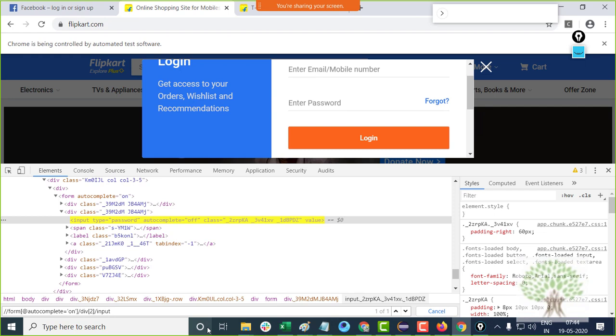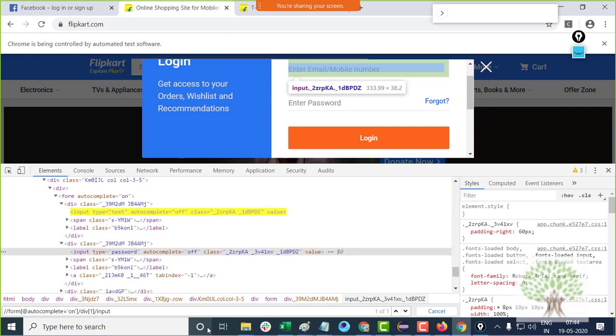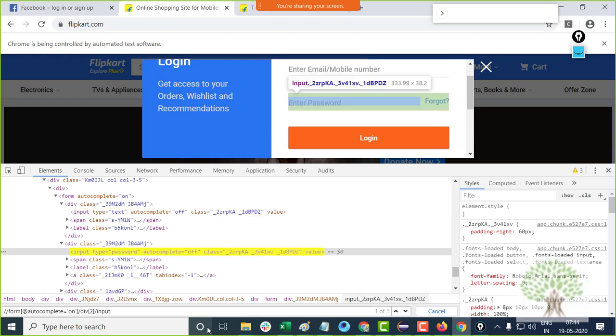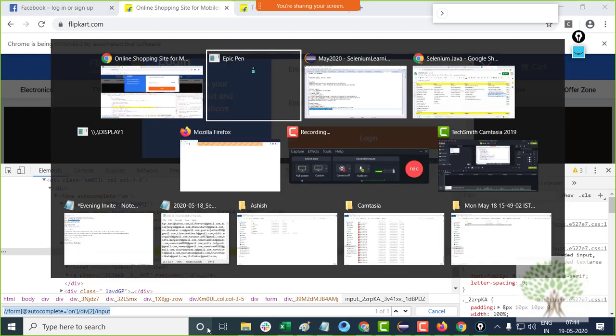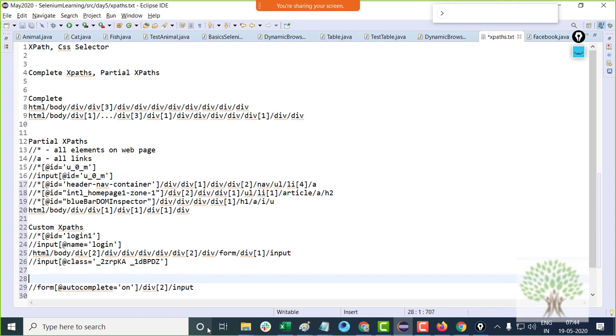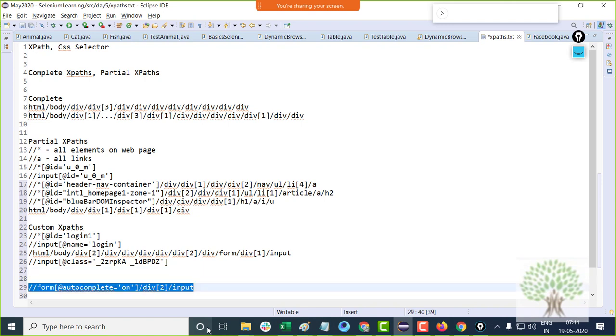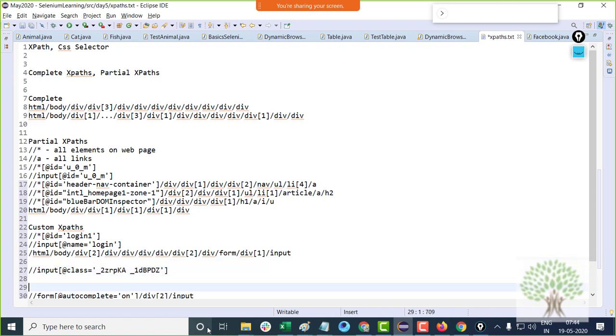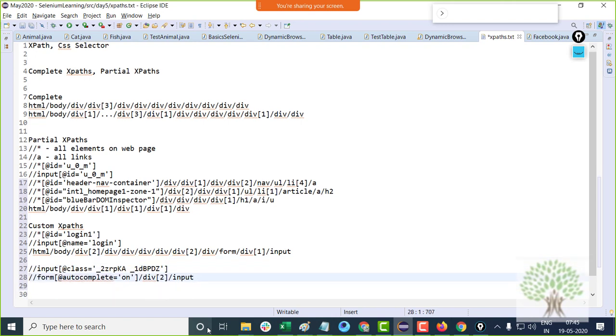So if you write div 1, then you go in the first division, div 2, then you go in the second division which holds the password field. So you can build your XPaths like this as well in case of Flipkart. But again I repeat, if your XPath is based on class, you have to be very careful.